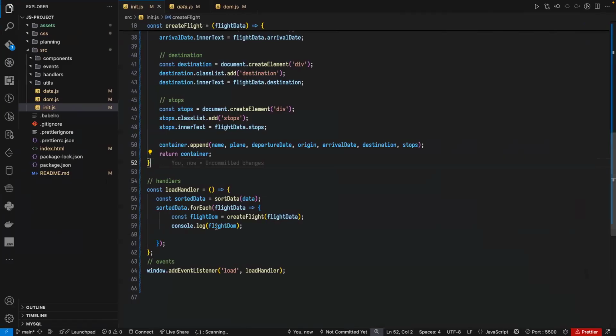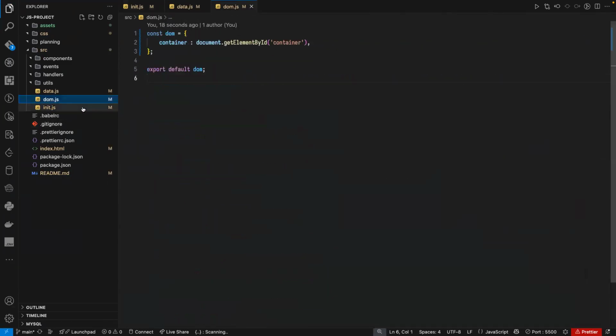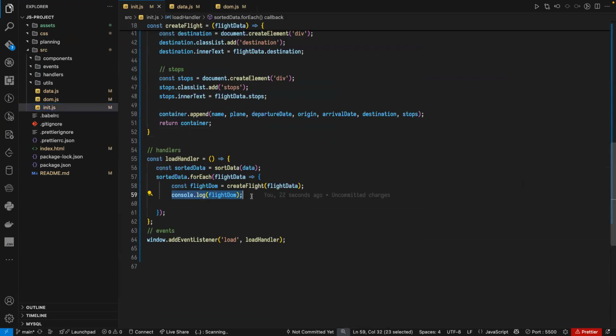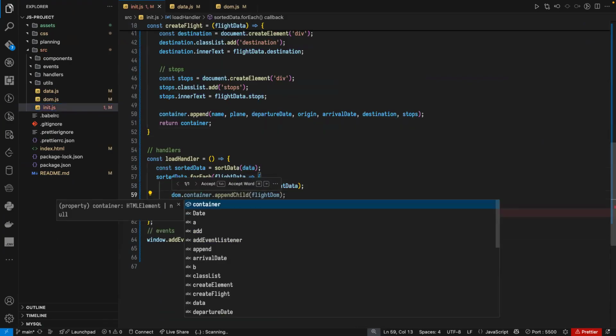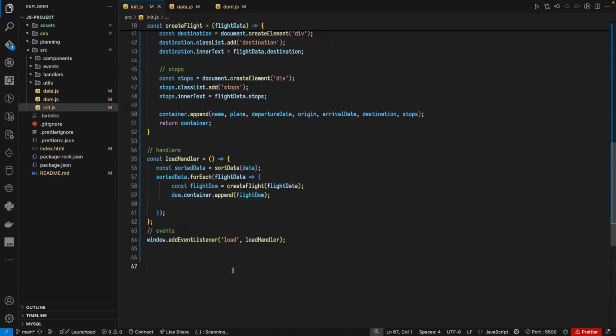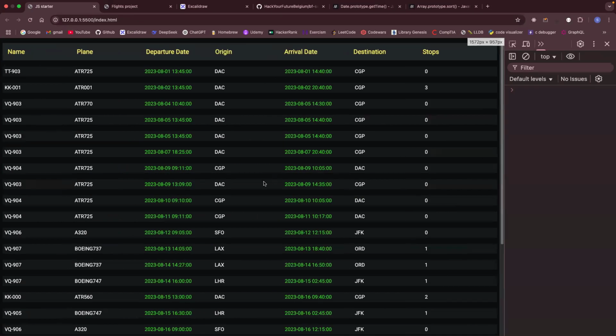Now all I need to do is add this DOM element inside the container here, which is this guy here. Okay, so how can I do that? Well, it's quite simple. All I have to do now is say DOM.container.appendChild. I can use append child because it's just one, or I can just use append here. And if I go to my website, as you can see,